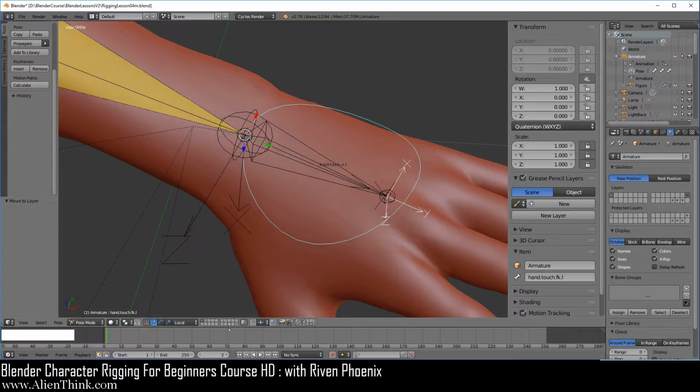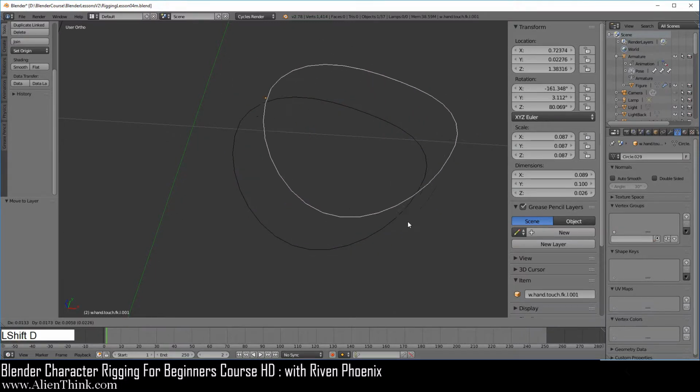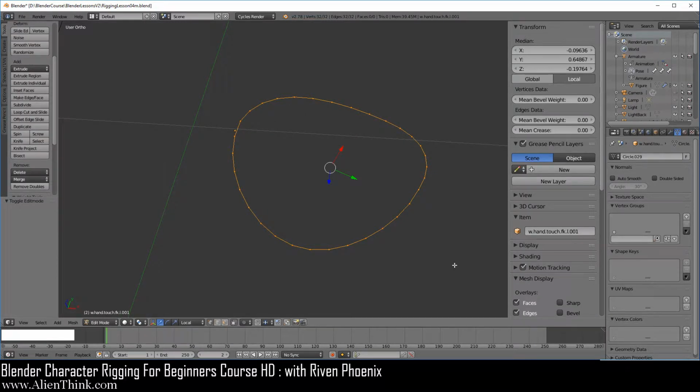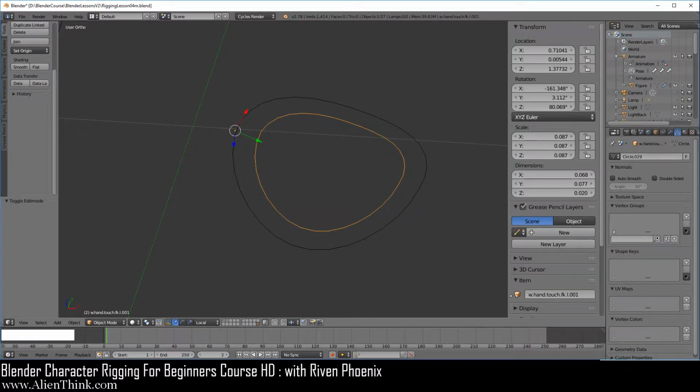Okay, so here what you want to do is go ahead and just switch to this layer over here, click this, do shift D to duplicate, right click to cancel, and here I'm going to press the tab key to go into edit mode and actually just press the S key to scale this in. This is going to be for our IK. Now press the tab key to go into object mode. And over here, I'm just going to change this to ik.l and enter. Just hover the mouse and do Control C.